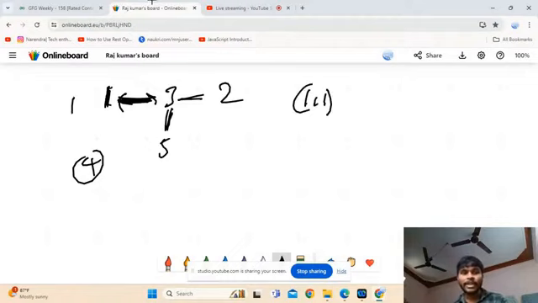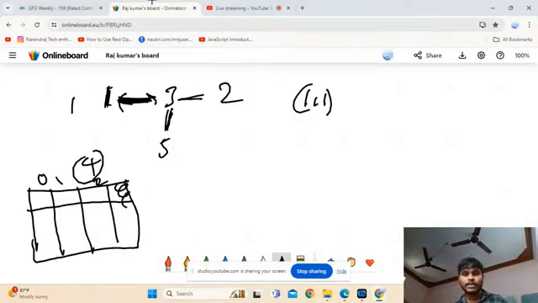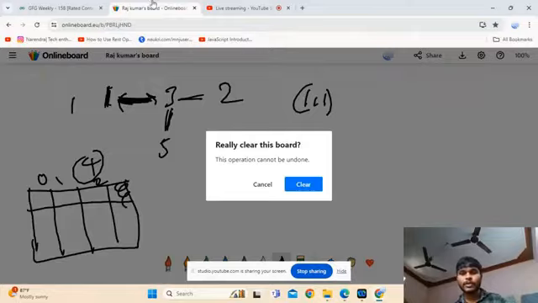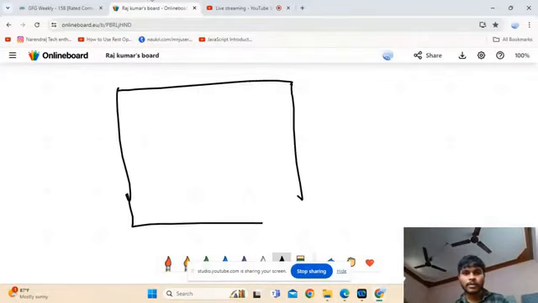We have one graph, right? It contains 3 nodes, 0, 1, 2. Sorry, let's clear this board. Here this is 0, it is 1, it is 2.